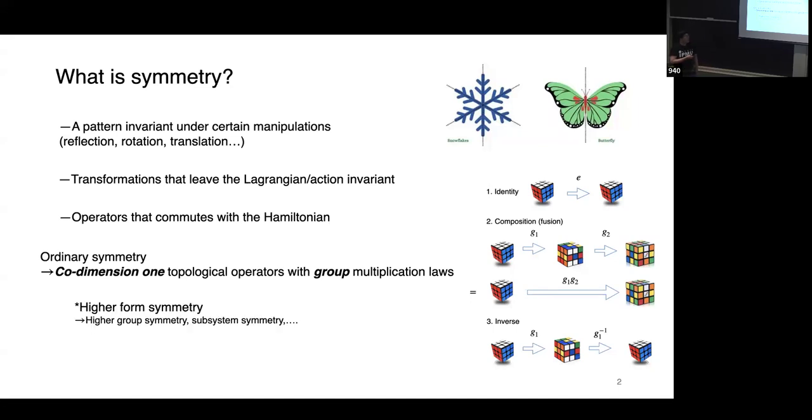Now with this modern language, we can generalize the idea of symmetries by relaxing each condition. For example, if you relax the codimension 1 condition, now the symmetry operators can act on higher codimension surfaces, which gives you the higher-form symmetries. And if you have mixings between different forms, you can have so-called higher-group symmetries. And if you relax the topological condition on the space, you can have so-called subsystem symmetries. So this is one kind of generalization of the ordinary symmetries.